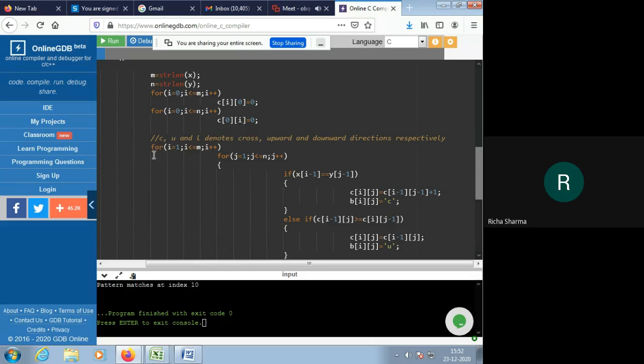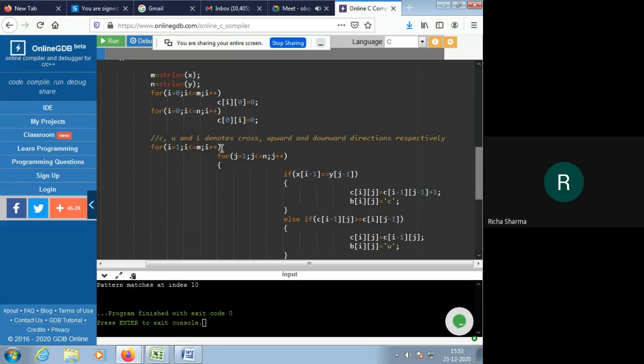Now, to perform all the things that I have explained, we are applying two for loops here to compare both the strings. In the very first for loop, we have applied I equal to 1, and this loop will continue till I less than or equal to m, with I plus plus, and the second for loop will start from j equal to 1 and continue till the length of the second string, with j plus plus.